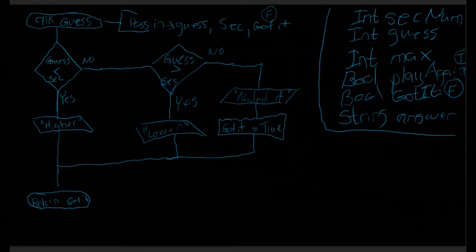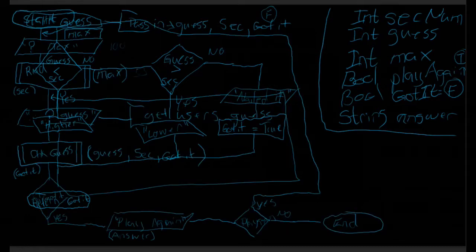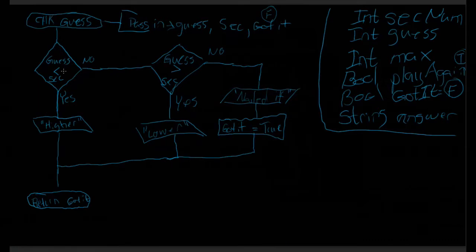So our guess is 50. The answer of it, what was it? It was 51, wasn't it? No, 53. So I'm going to guess 50. Is 50 less than 53? Well, the answer is yes. So it's going to say higher. It's going to output that to me. I'm going to enter in a new guess. It's going to check my guess. Let's say I say